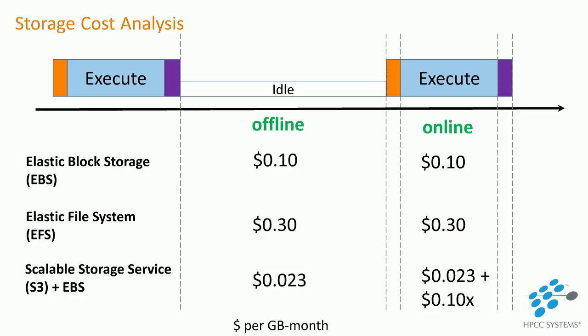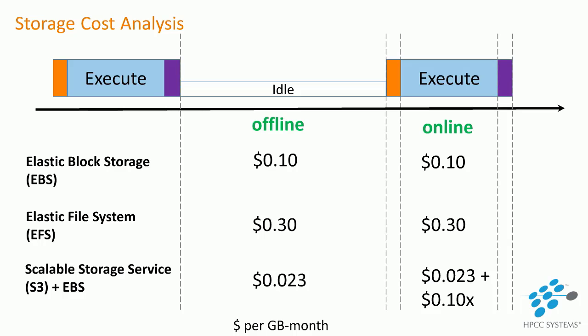But we do think that we want to consider what's the way to store your data. So you have two uses of the data: you have the data when you're online executing and when you're offline. And so there's three general classes of storage that make sense in this environment. One of them is elastic block storage, which is basically a disk. You just add a disk to the virtual machine. A virtual machine comes with some instance store, but it's a very small amount. It's enough to run your operating system and maybe hold temp space, but it's not enough to hold any application data. So if you want to run an HPCC cluster, you have to add